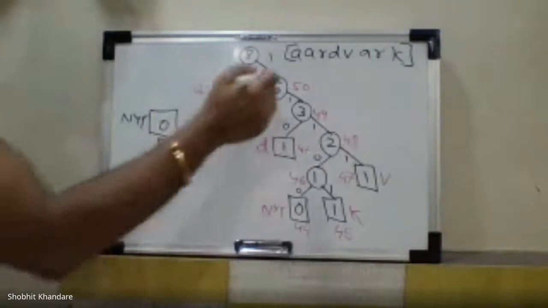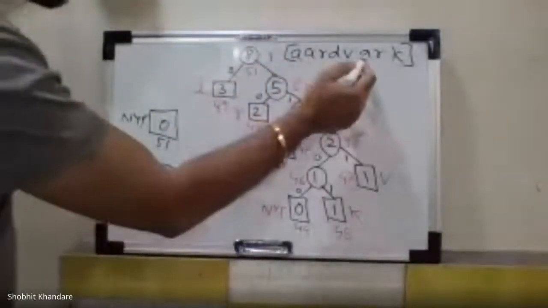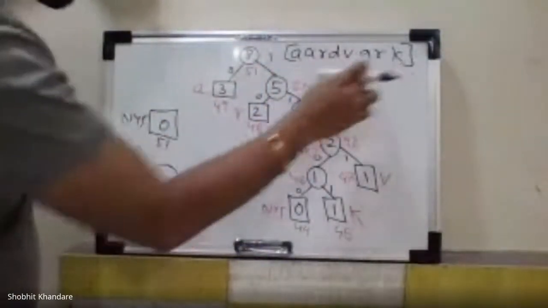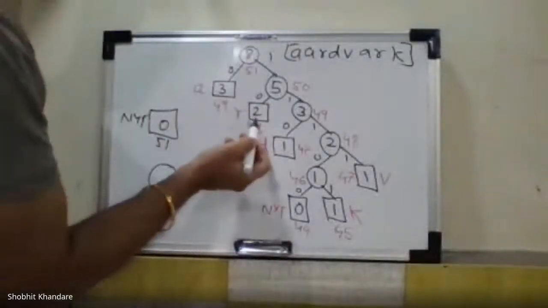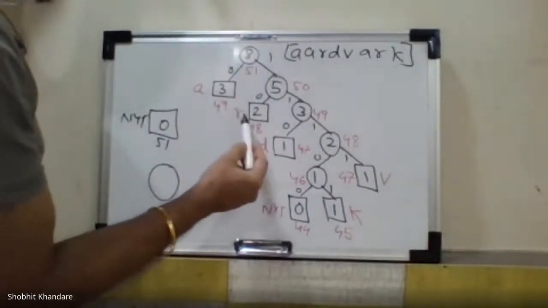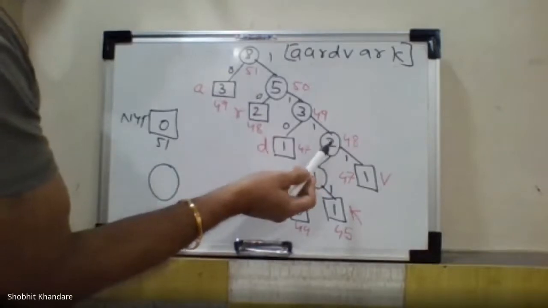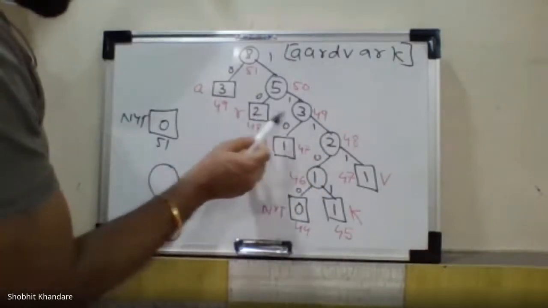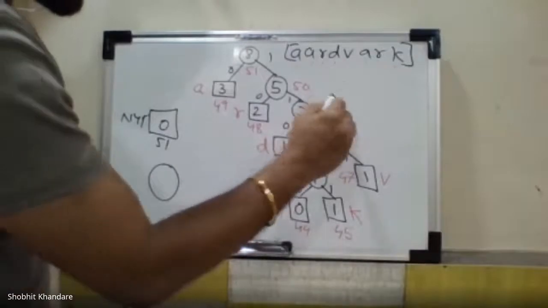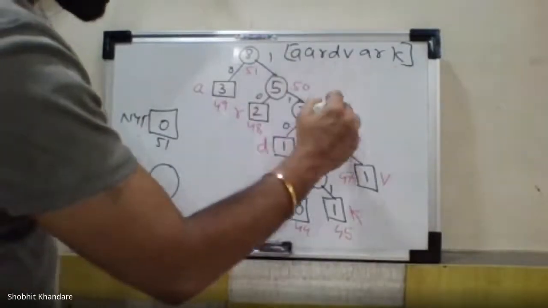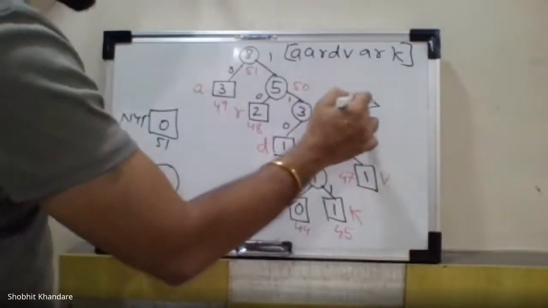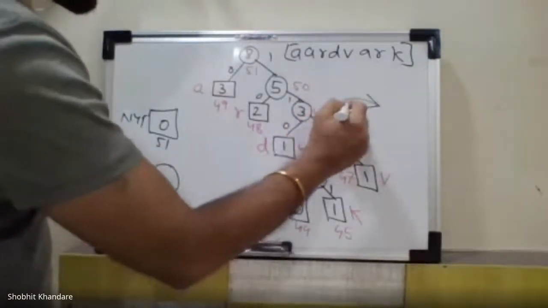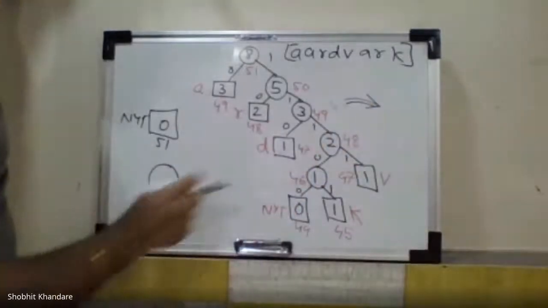So gradually we have started with AARDVARK. We have reached this last K, but before that I have told you, you have to cross check something. What you have to cross check? That the number on the left hand side should always be less as compared to the right hand side. Okay, so if here it was 3 and here it was 2, then I have to swap. So I told you that when you are going from one tree to the other tree, you have to show it by this arrow, and whenever you are doing swapping, you can directly show this, or you can show by such type of arrow. Okay, so that means you are swapping.